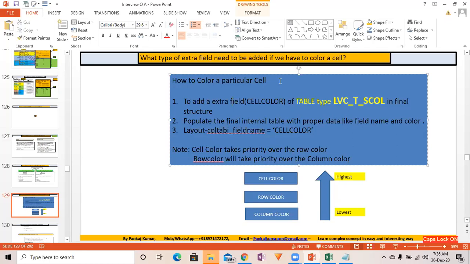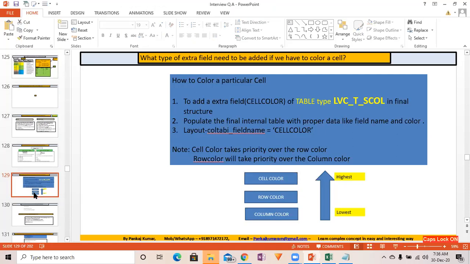We saw how to color a particular cell in an ALV, and we saw how the precedence level with respect to color in ALV works. So highest precedence goes to cell color, then row color, and then column color. So column is having the lowest and highest is having cell color. So in this way, in ascending,